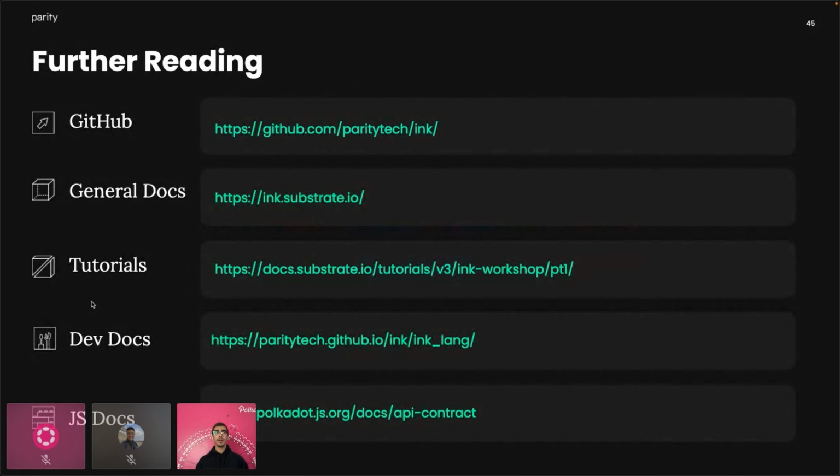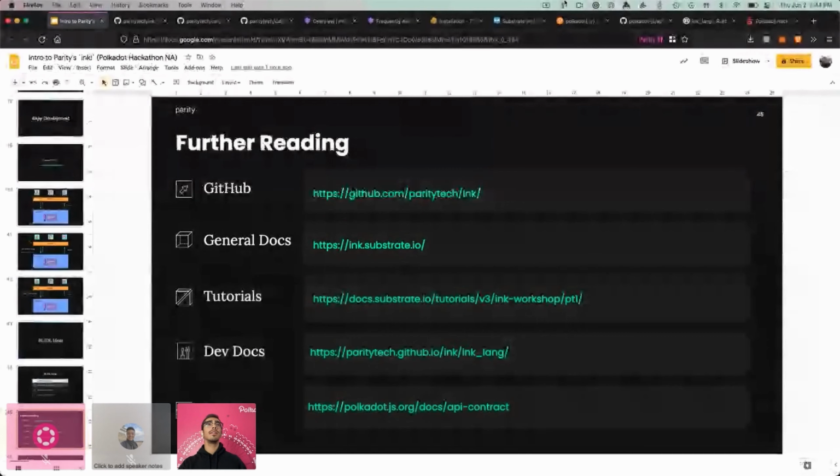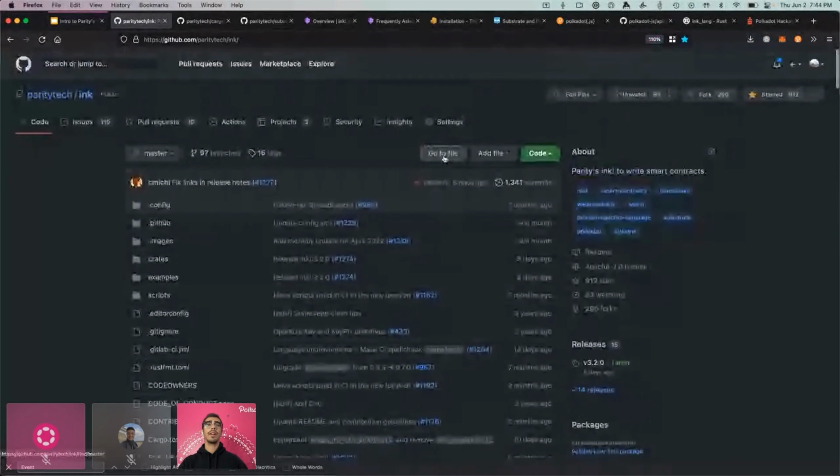Okay, and then where do you go from here? I think the best starting point is our GitHub repository, paritytech/ink, because that has links to basically everything else. It'll dispatch you to the right place. Another one is ink.substrate.io, a general documentation portal we have. Actually, I can walk you through all these links. Got them open. So this is the Parity Tech ink